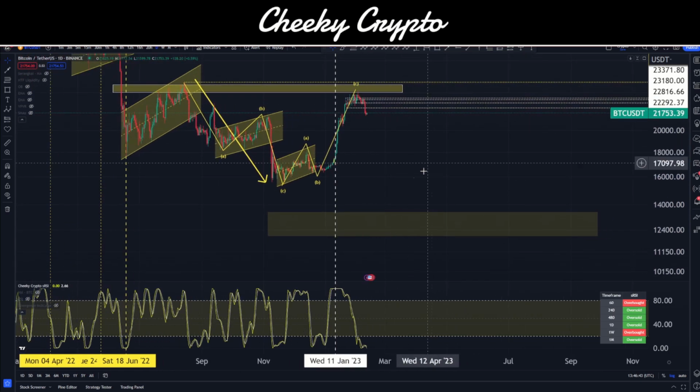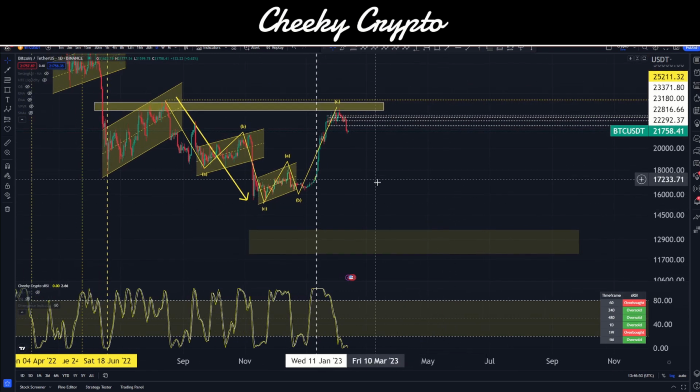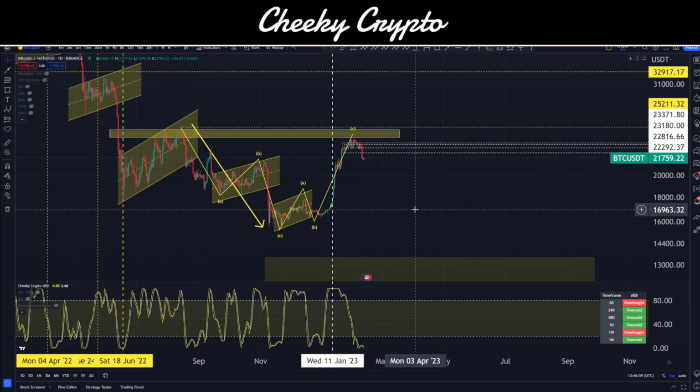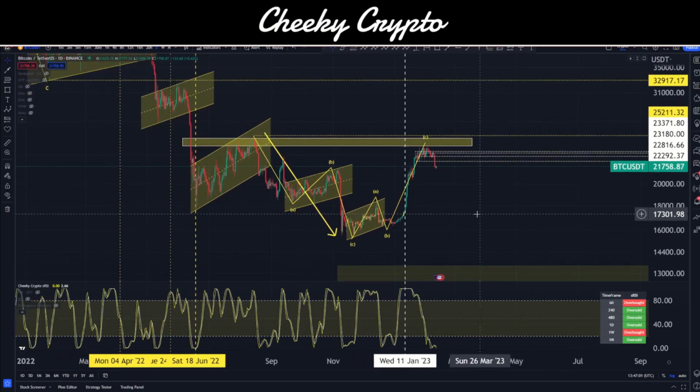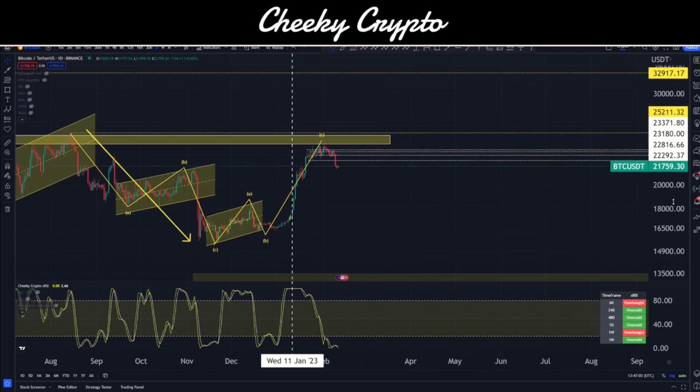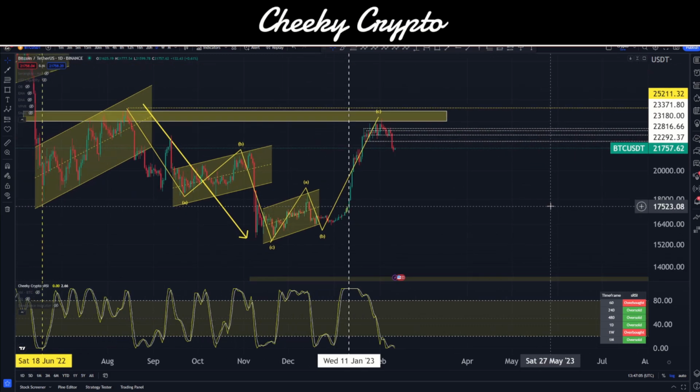So looking at it, I think the next move to the downside is a dollar cost averaging opportunity. It seems to be end of structure, load up kind of vibes. That's what I'm looking at the moment, and we'll see how that changes over time. But for the most part, I think whatever the next pullback is, is the one that we want to be involved in. I do fear that a lot of retail is probably likely to sell,